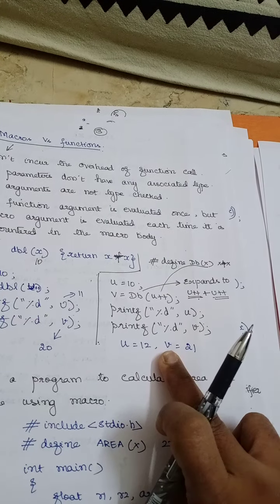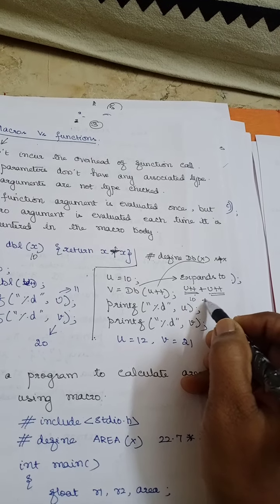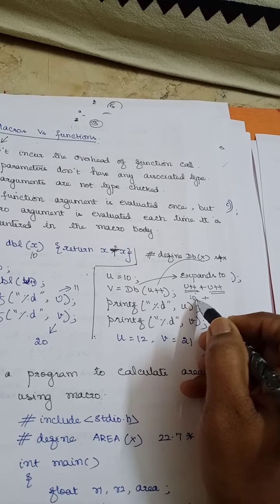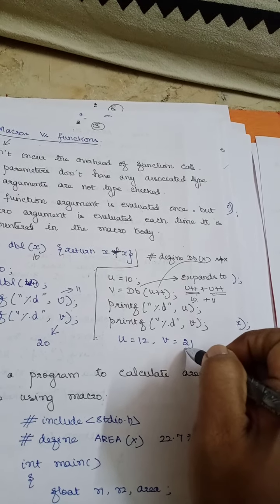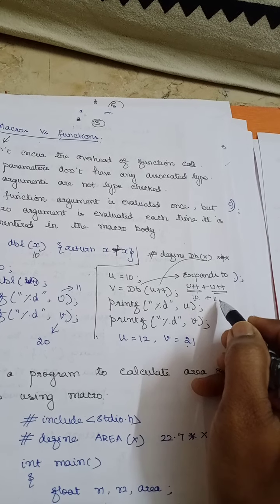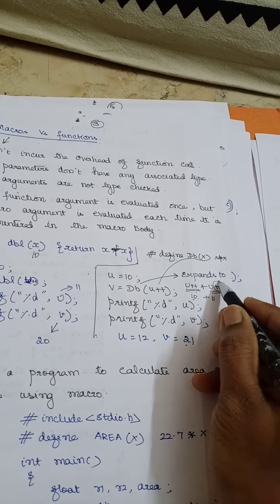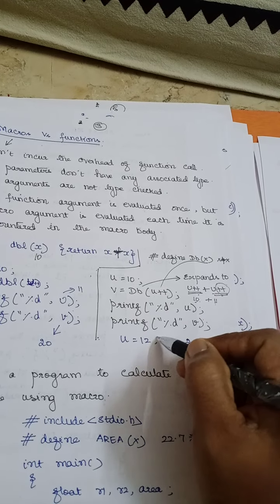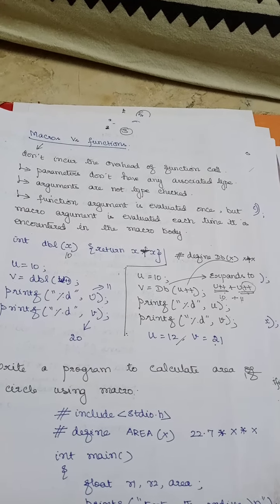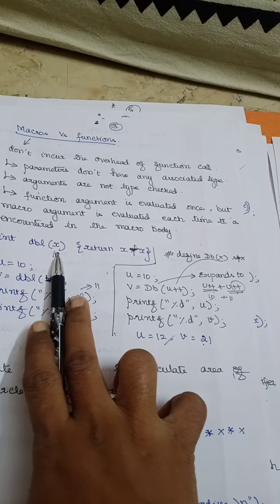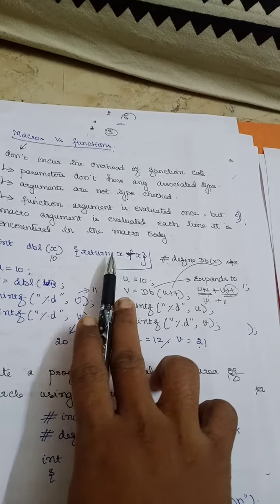So here what is going to be my v? Initially it is going to be 10, right? So plus, this is incremented now, so here it will take 11. So 10 plus 11 is going to be 21. Now what is going to be my u value? Last u value 11 and then I have to post increment my value. So 11 plus 1 is going to be 12. Is that clear? So that is a difference between your macros and functions. Here in the function it is taking my x and x value. It is not substituting this u plus plus here.